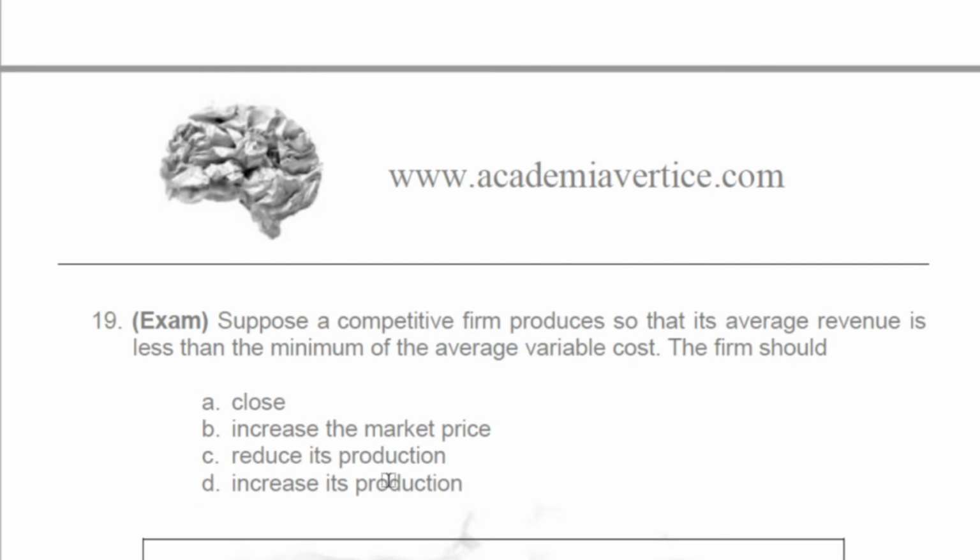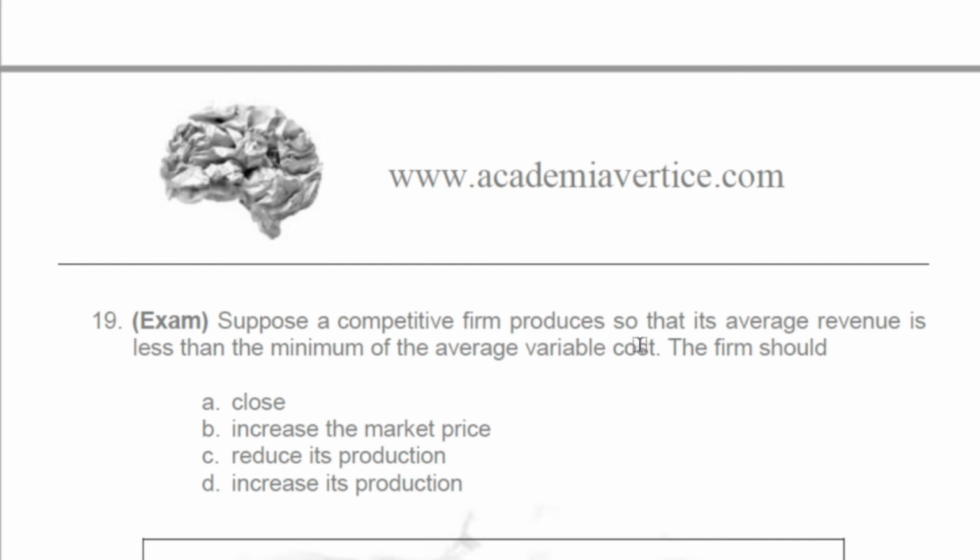Well, number 19, another exam question. Suppose a competitive firm produces so that its average revenue is less than the minimum of the average variable cost. The firm should, well, the average revenue in perfect competition, be careful, is the same as marginal revenue. It's the same as marginal revenue. So at the end, the same as P. Okay? So this is P, be careful. Let's read again now. Suppose a competitive firm produces so that the market price is less than the minimum of